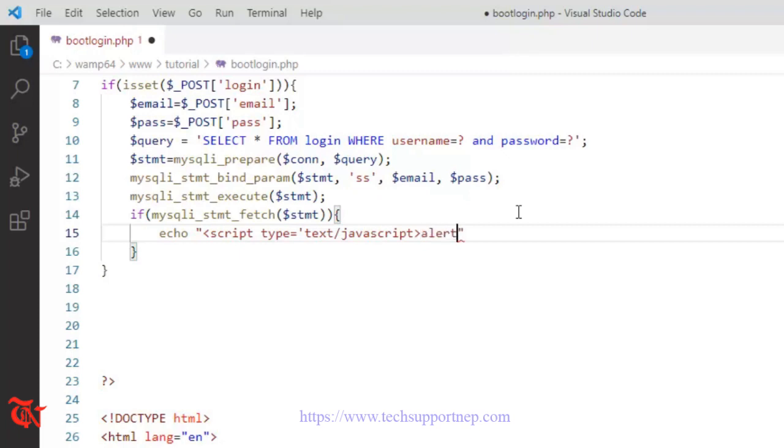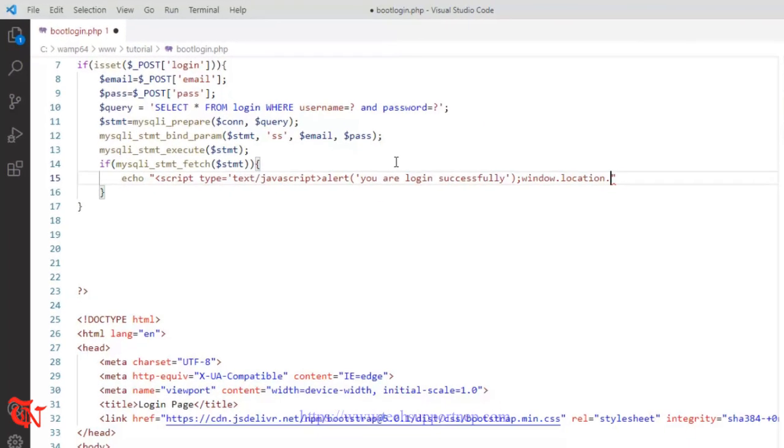So alert, and here what we can say is you are logged in successfully, and we can display another web form after successfully logging in. So window.location.href is equal to, we are going to create this page index.php later,